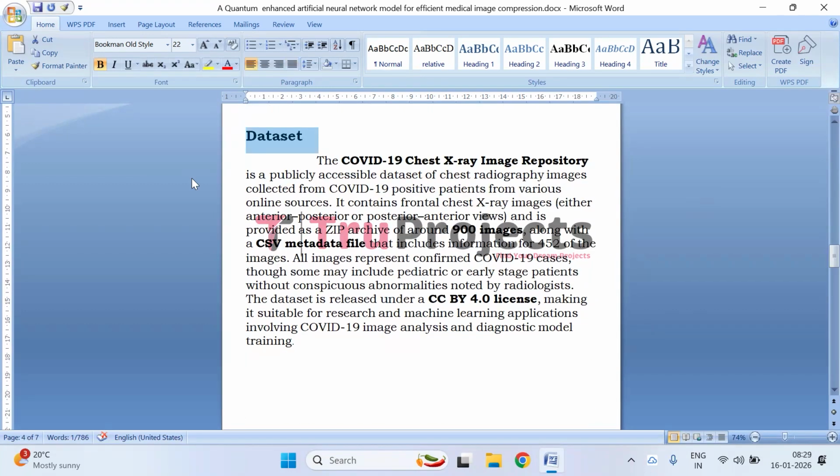Coming to the dataset, the COVID-19 chest X-ray image repository is a publicly available dataset consisting of chest radiography images collected from confirmed COVID-19 positive patients across multiple online sources. The dataset primarily includes frontal chest X-ray images in anterior posterior and posterior anterior views, packed as a zip archive containing approximately 900 images. In addition, a CSV metadata file provides detailed information for 452 of these images, such as